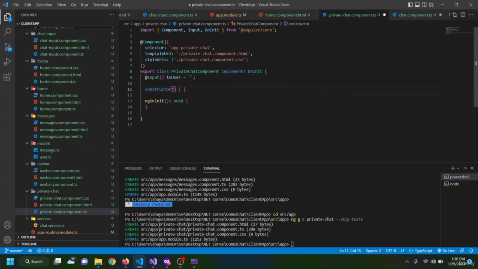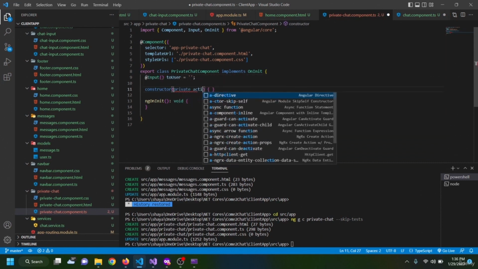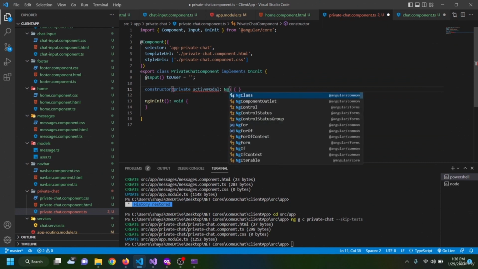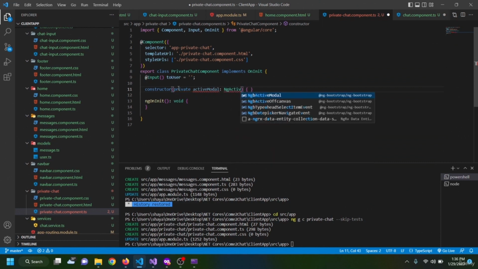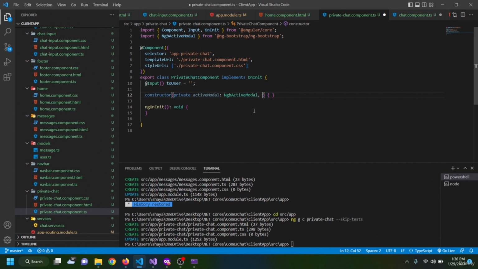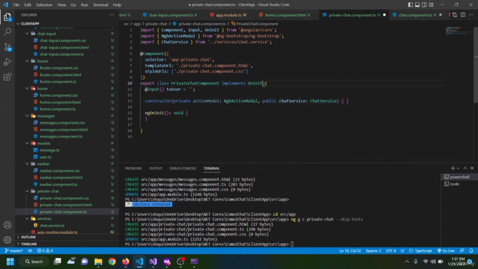Then we are going to have private activeModal of NgbActiveModal. So I select this one, and at the same time I'm going to inject public chatService of ChatService, and we are going to implement OnDestroy as well. So I implement that interface, and inside ngOnDestroy